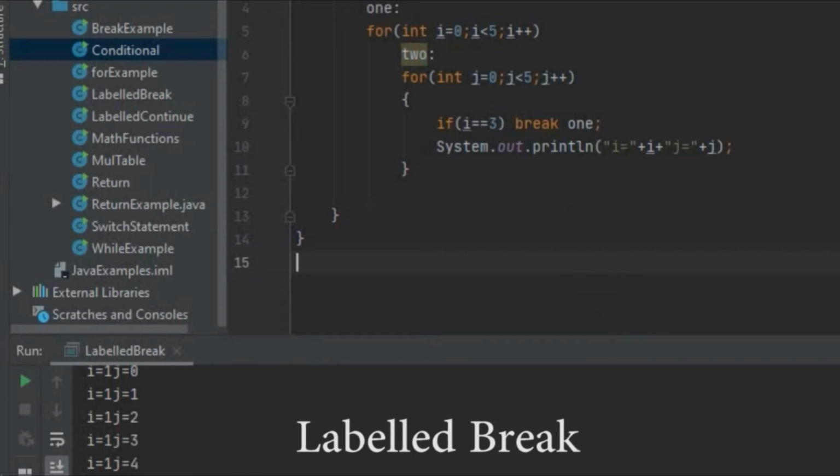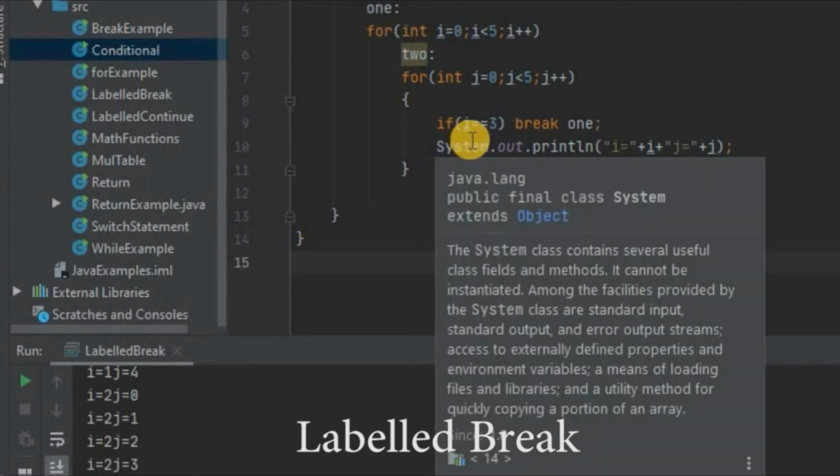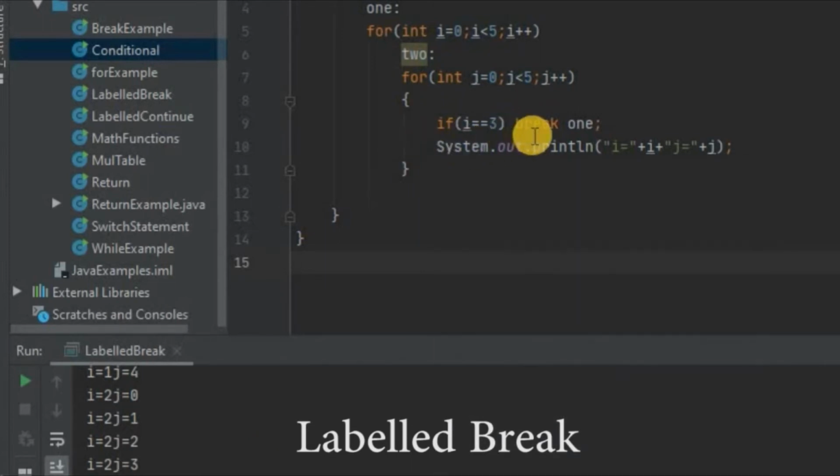And then 2 is repeated up to 4. And then the for statement is stopped, since we have taken i is equal to 3, break 1. That means go to this label, then automatically it will come out from the two for loop statements.